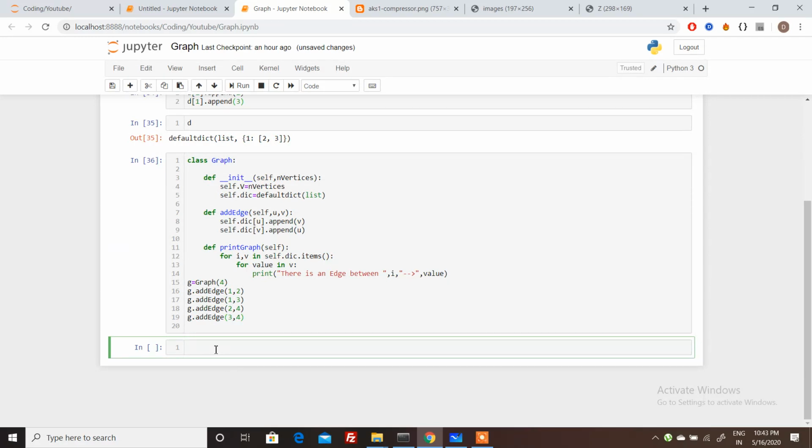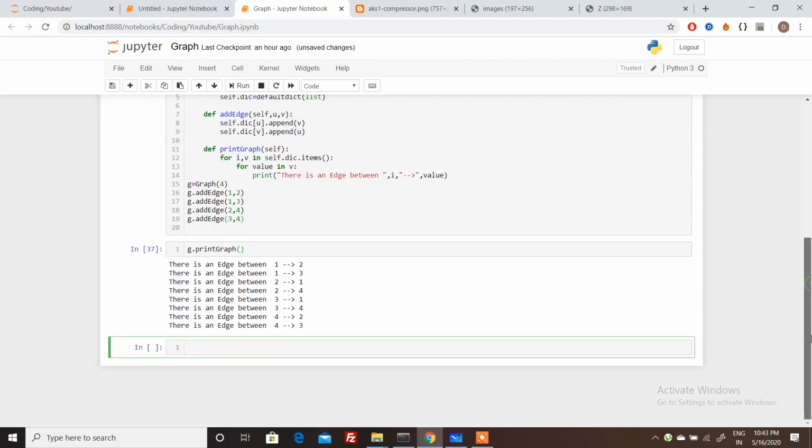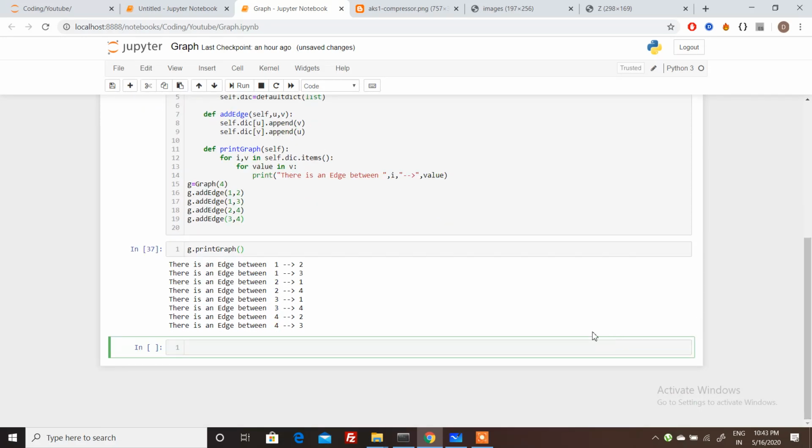Okay, so let's print the graph. Here we can see that there is an edge between 1 and 2, 1 and 3, 2 and 1, 2 and 4, 3 and 1, 3 and 4, 4 and 2, 4 and 3. So we are done with creating the graph part.